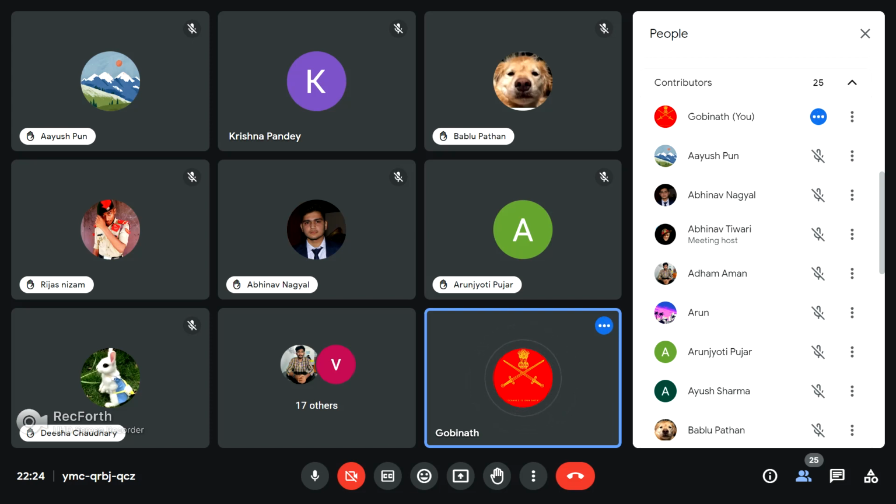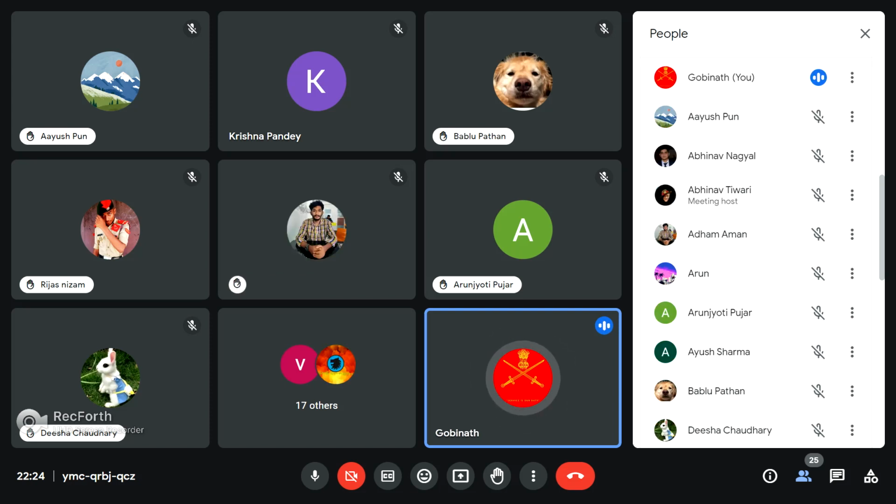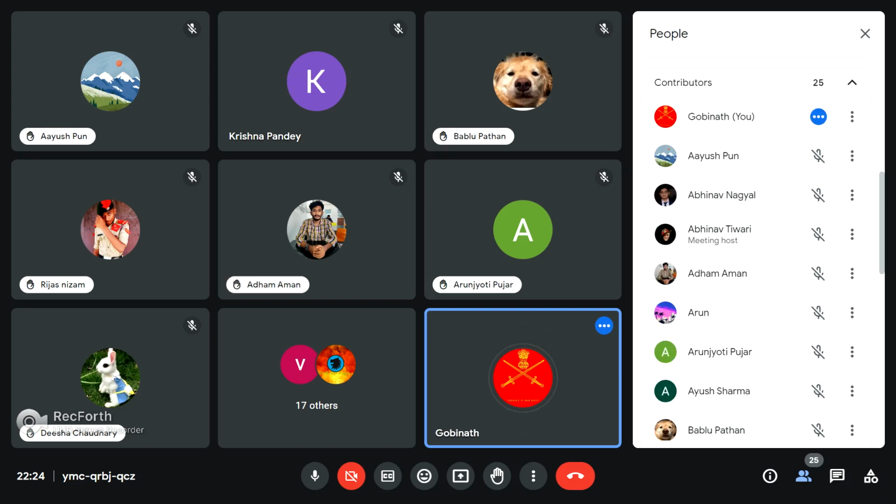So I'll read out the name and I'll give you a number. For example, Ayush Pun, his chest number will be 1. So he is going to narrate his story first and it will continue till the end. Okay. So Ayush is going to be first, Abhinav Nagyal second, and Abhinav Tiwari third,